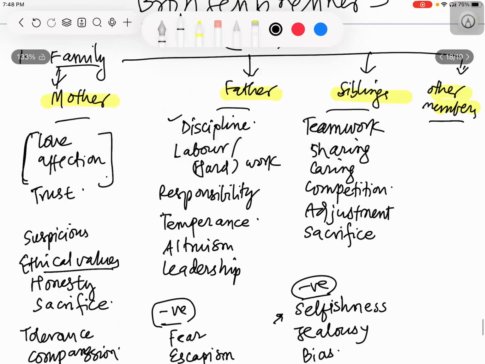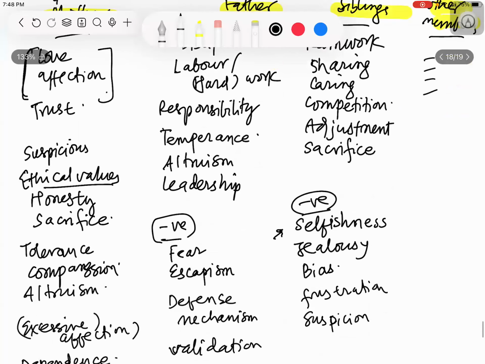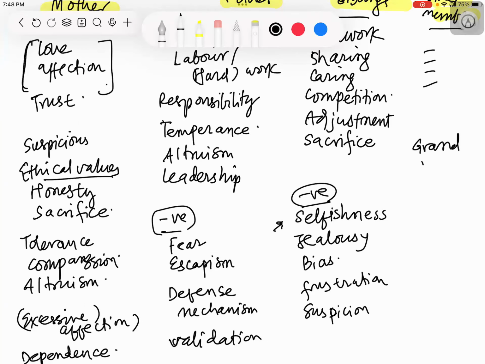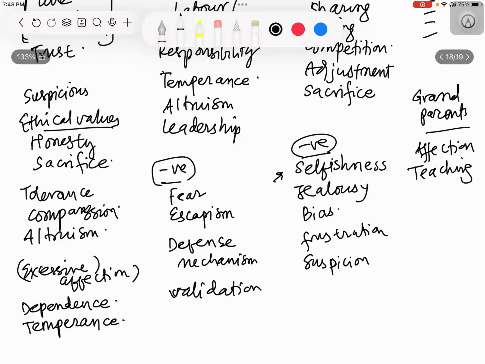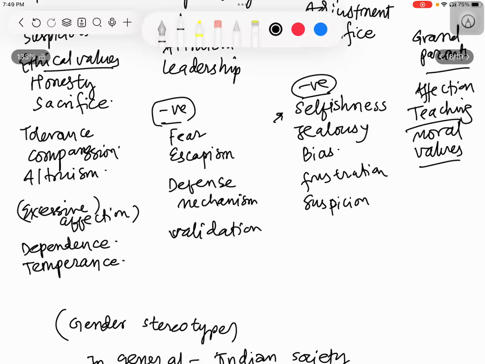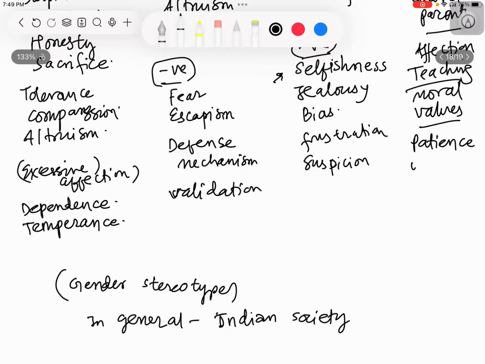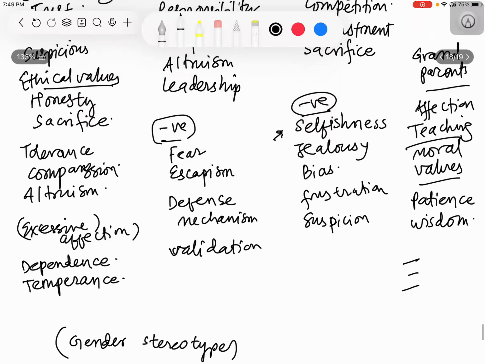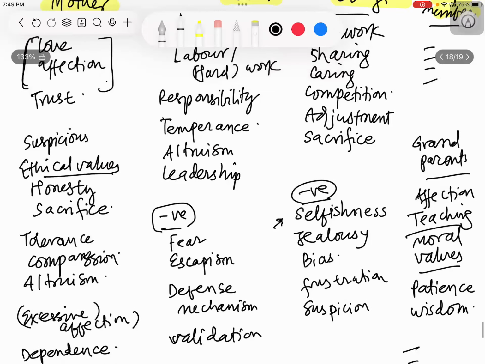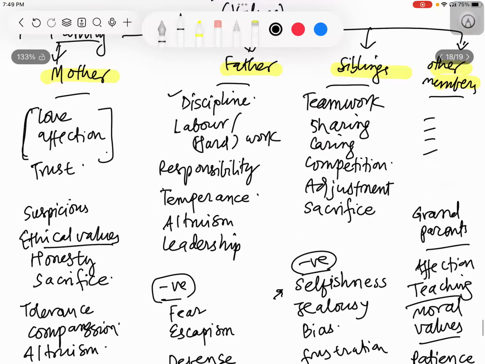Other members will bring similar points. Suppose you are thinking about any specific members, for example, grandparents. Good values can come, for example, affection, right? Sir, grandparents give religious and moral teaching. Very good. Moral and ethical values in general, all moral values they will give, right? They will show patience, what a virtue. They say that when you are old you will be very patient, you understand things, wisdom, all of these will come. So if you think about other specific members, you can think of some other points, but my point is this is enough: which values are generated by which